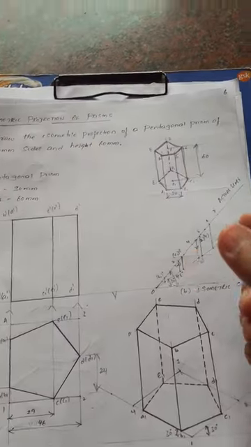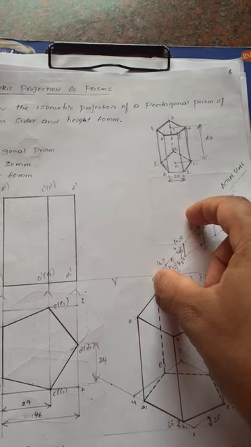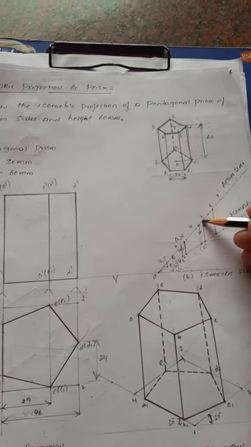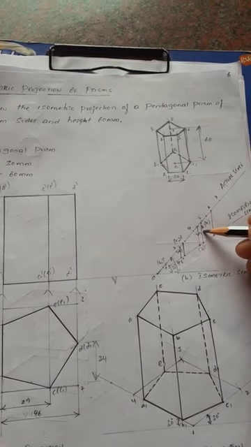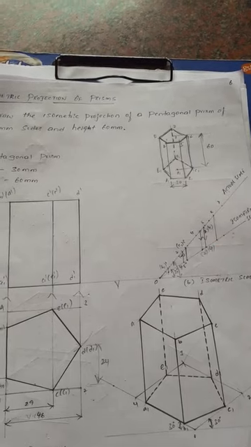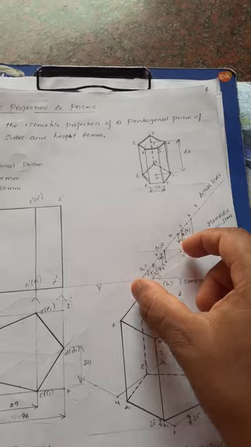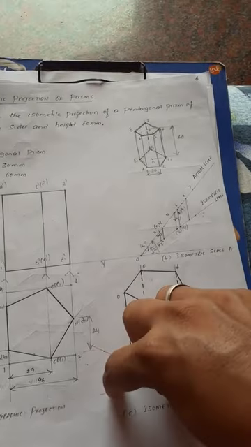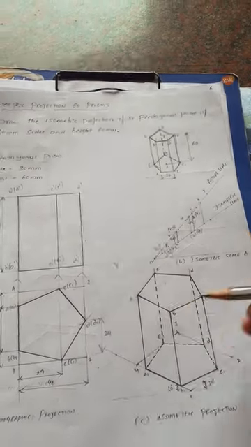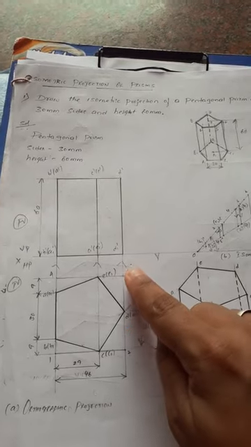Similarly 1 to 4 is how much? 48. Again 48, we will not get 4.8 blocks. Then on the actual scale, draw an arc of 48 mm, then this is point 4, right? Then draw a vertical projector to the isometric scale. Then measure the distance from this point to this on the isometric scale, then take 1 as center and draw an arc. Now we'll get the fourth point. Then how do you get the third point?